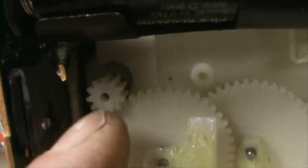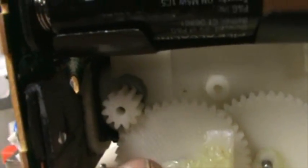But right in here, I've got this main drive gear and there's a motor right behind it. And it's not quite powerful enough. I mean, it gets the thing going, but it's kind of like...